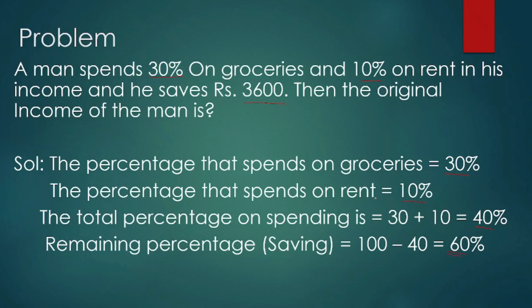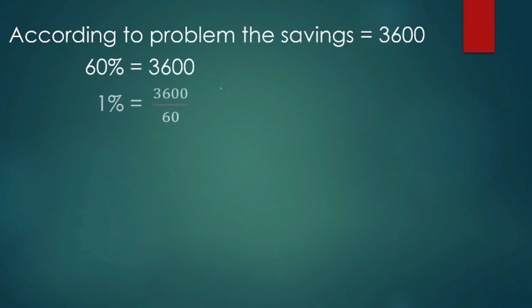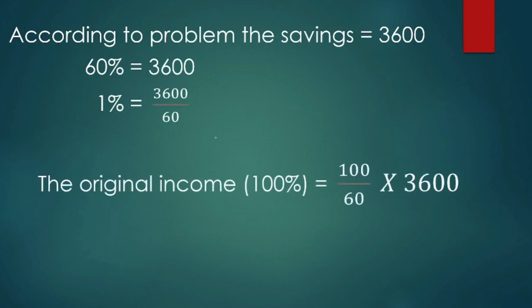This 60% is equal to the given amount specified in the problem, that is 3,600. So 60% equal to 3,600, 1% equal to 3,600 by 60. Now the original income indicates 100%, 100 by 60 into 3,600